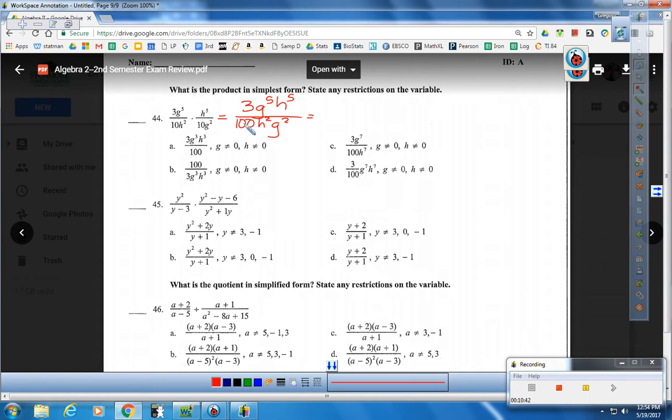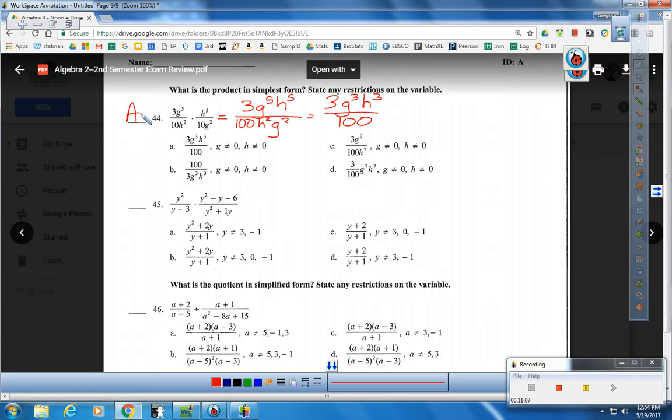The 3 over 100, that can't be reduced, so that just stays put. So it's going to be 3 over 100. The g's, I have 5 on top and I have 2 on bottom, so g is going to stay on top. 5 minus 2 is 3. H, I have 5 on top and I have 2 on bottom. 5 minus 2 is 3. So that's our answer. So 3g to the third h to the third over 100. So it looks like our answer is